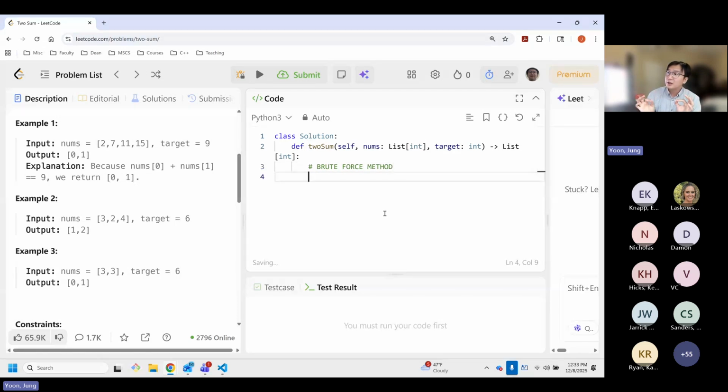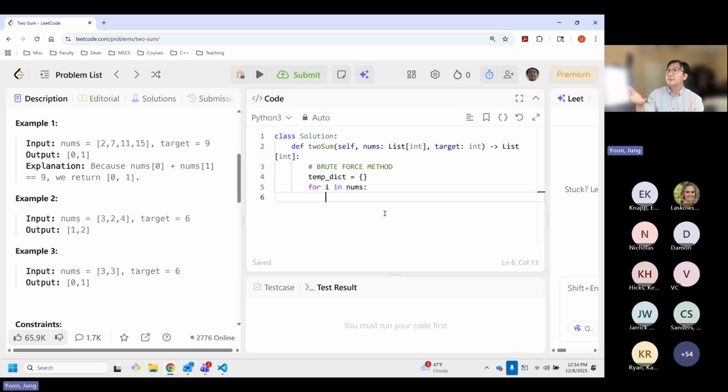Especially when I'm coding this for the first time, I do not care how efficient it is, or how ugly or pretty it is. I just want to get it to work. Thumbs up, that's all I want. So we're going to create a temp variable. We'll say temp dictionary equals an empty dictionary, or object or map. And then this is a Python thing.